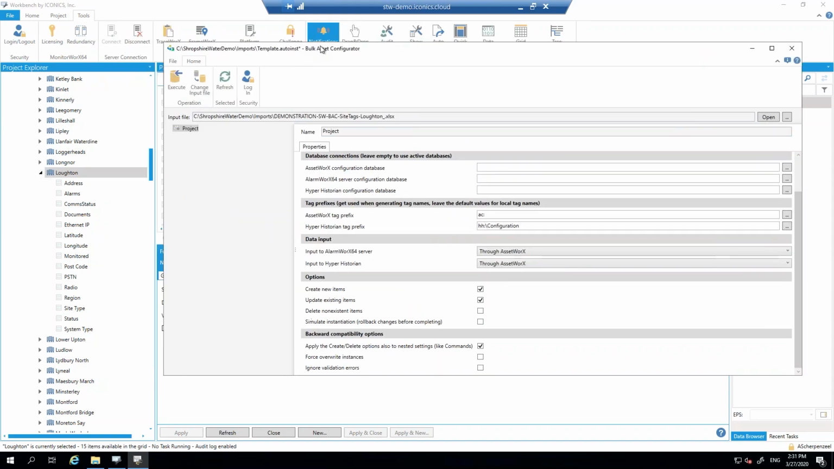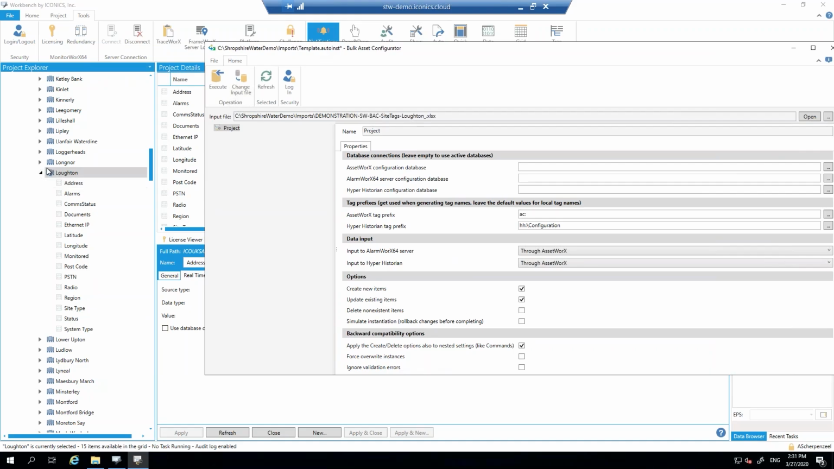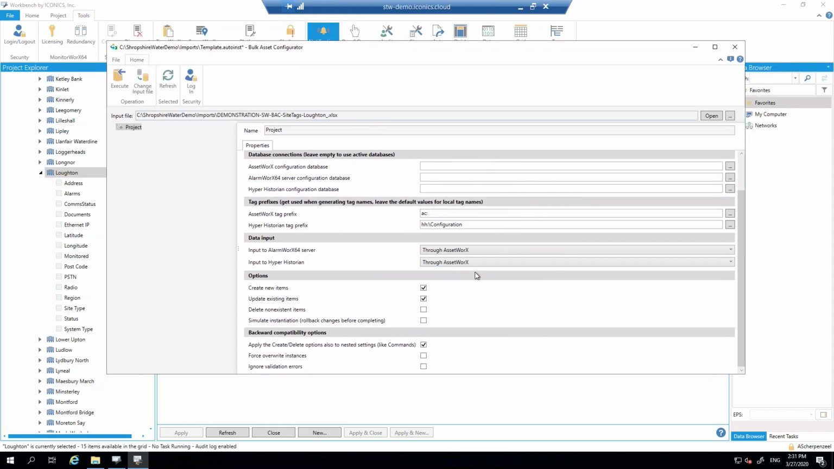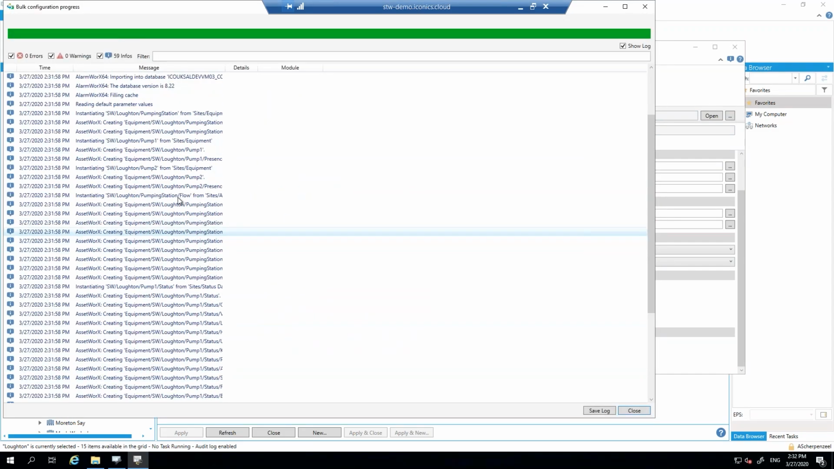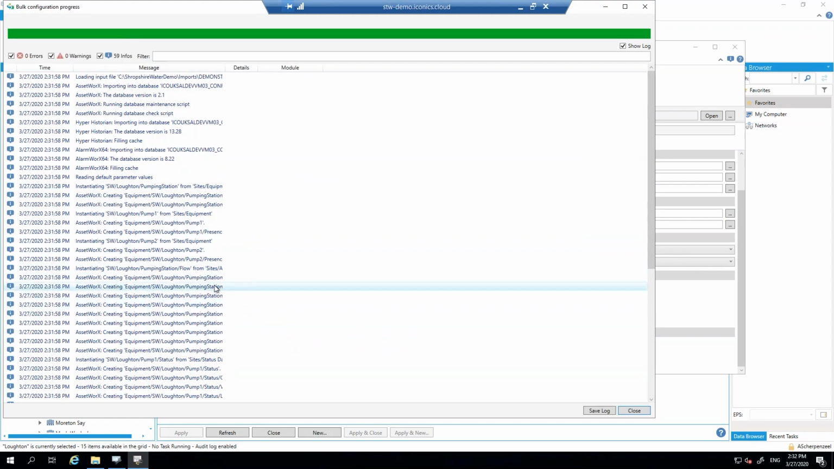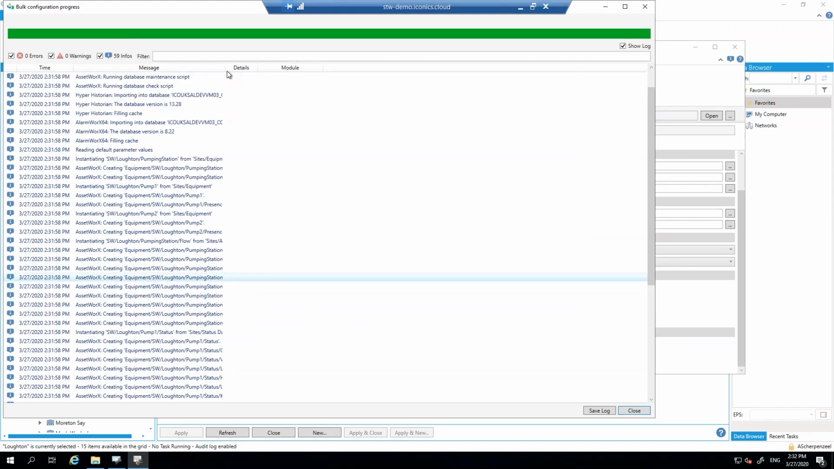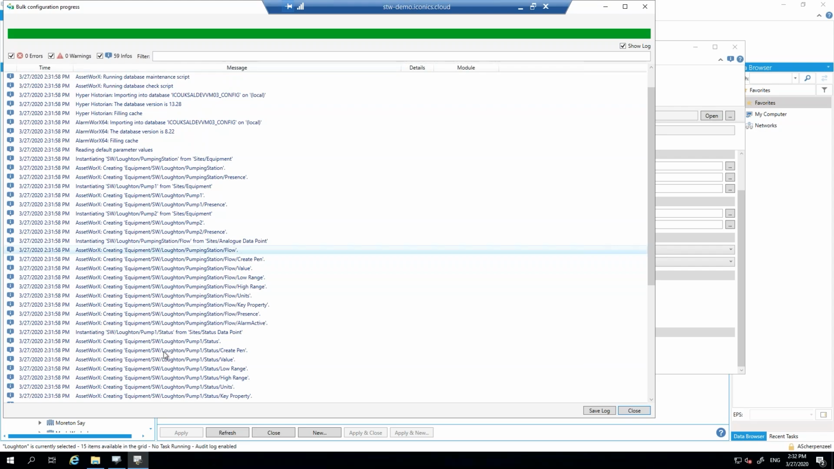As I showed you here on the left-hand side, there is nothing underneath the Lawton site at the moment, just a couple of details about address and some static information. If I now run this Excel spreadsheet and click on execute, the list will be a bit longer now, because it's creating not just a single site, it's creating pieces of equipment on that site. If I make this a little bit wider so you can see this,